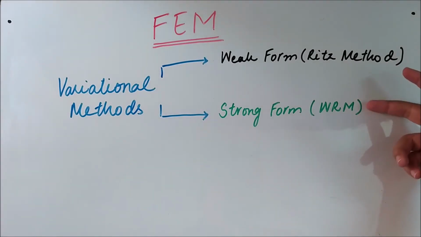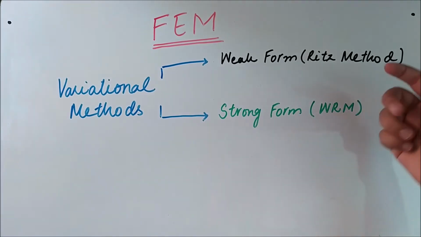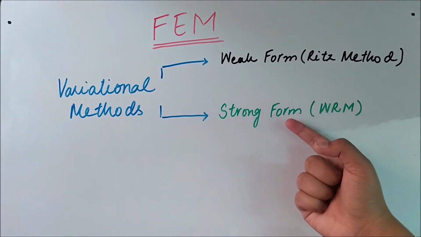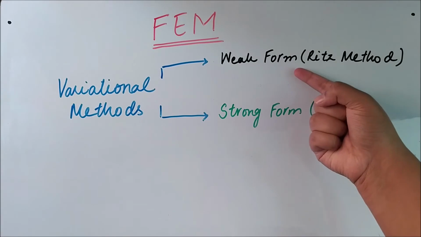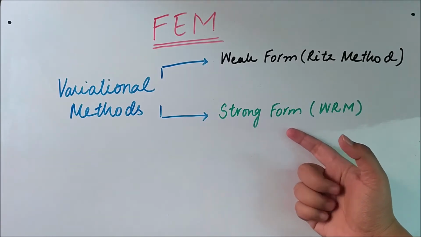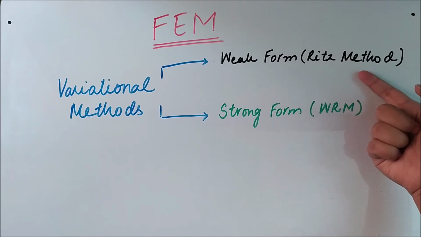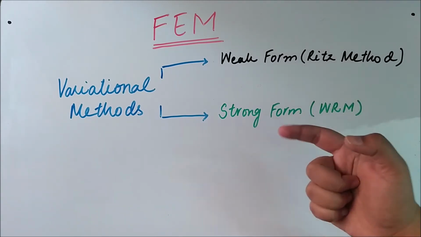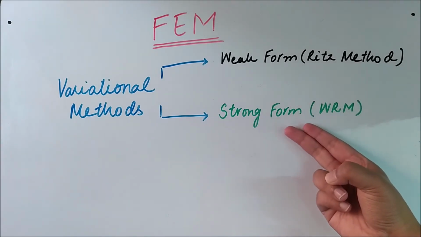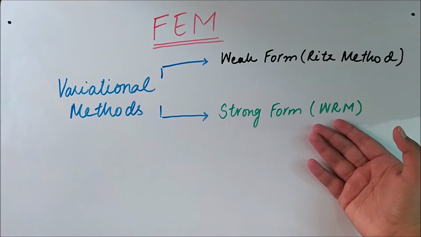The very first thing that we need to understand is the relation between the weak form and the strong form. Mathematically, we have discussed in one of the videos why this is said to be a strong form and why this is said to be a weak form, but what does that mean? This means that the strong form is the generalization of the weak form. In the weak form we are using integration by parts. Here we don't have to use integration by parts, but this is the generalization of the weak form, and there are mainly four types of methods that we will be using in the strong form.